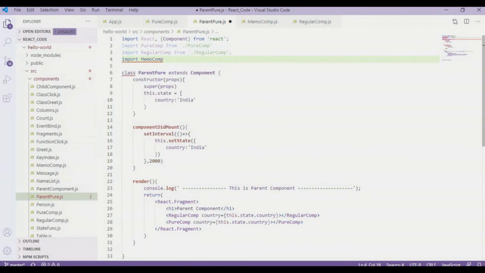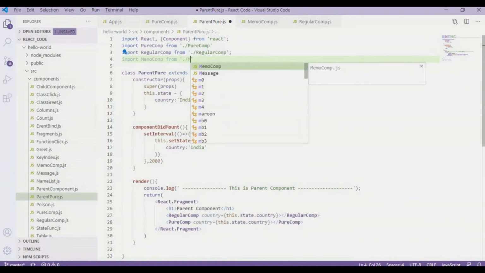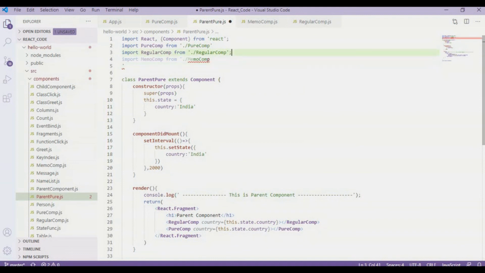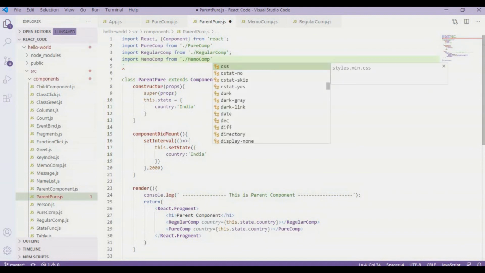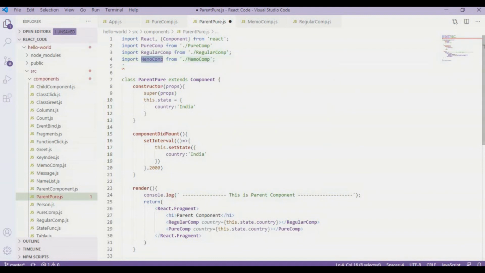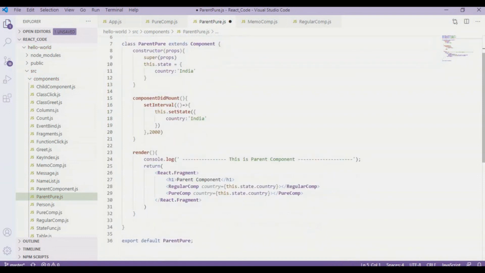Import MemoComp from memo component, and then I am going to add this memo component over here.